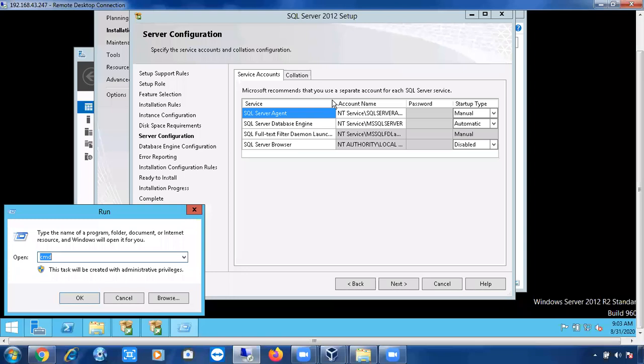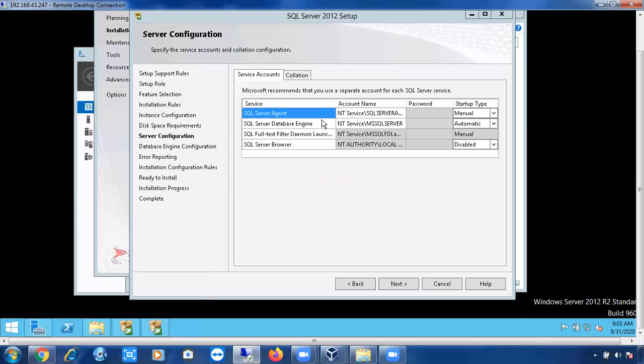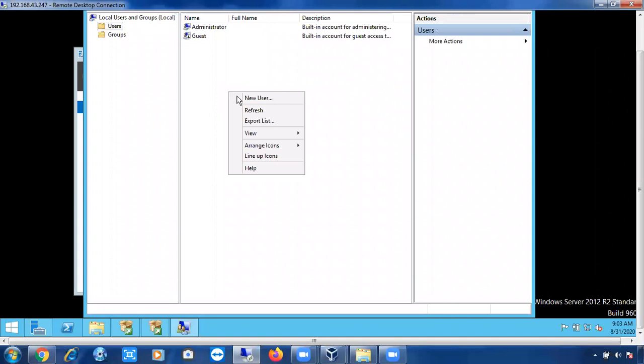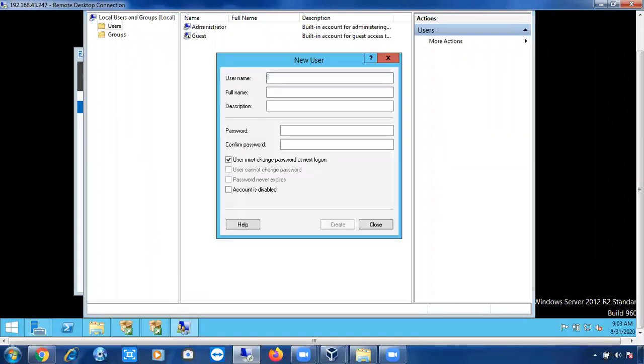What is the shortcut? lusrmgr.msc. First let me create a user: right click, new user, prd_svc_act. Let me give the password. Create.